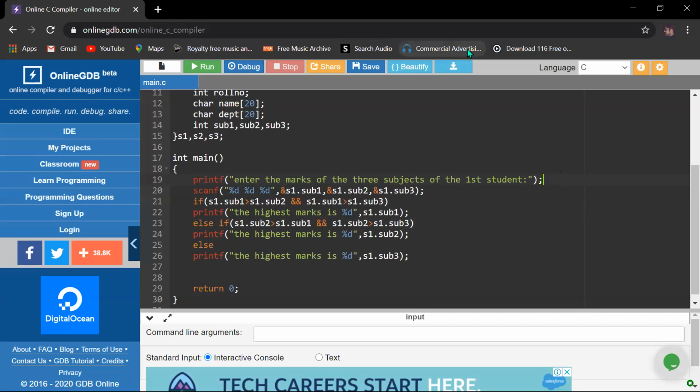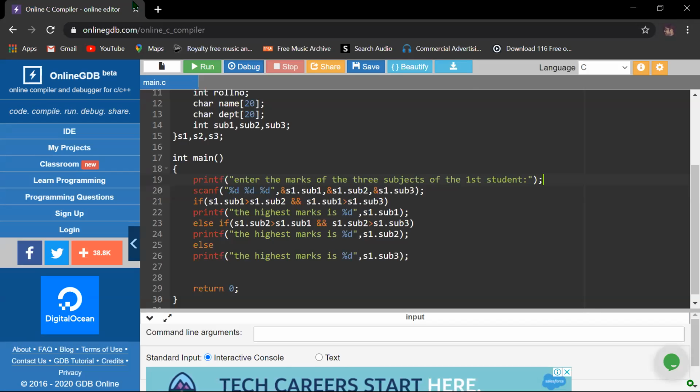So the same thing you would have to write 6 times. If you want to shorten your program, then you use an array in your structure and write it one time in a loop, and automatically it will repeat for our requirement, whatever it is: 3 students, maybe 5 students, maybe 10 students, whatever it is.